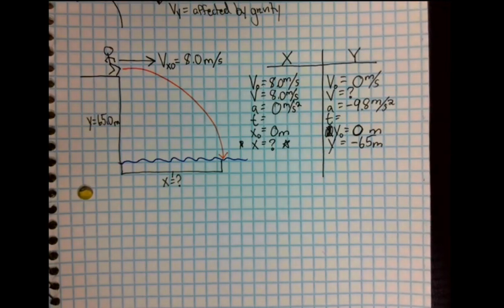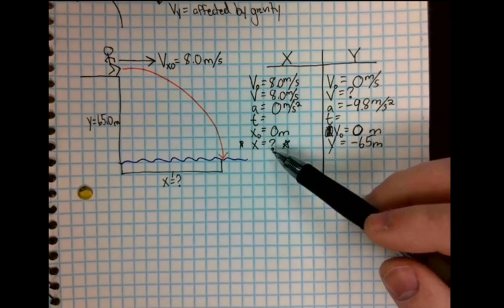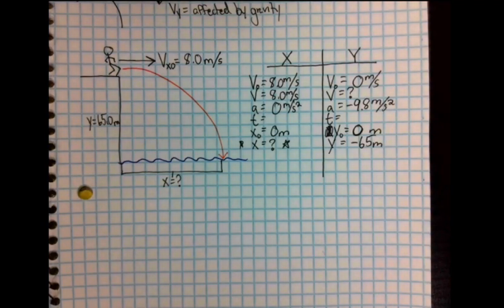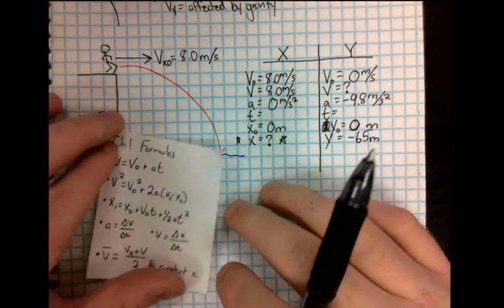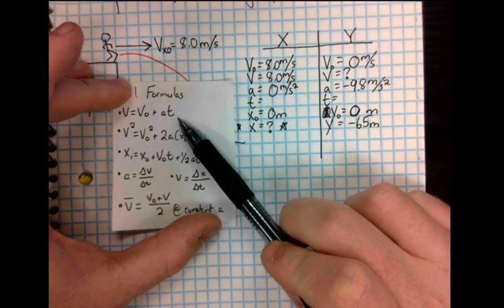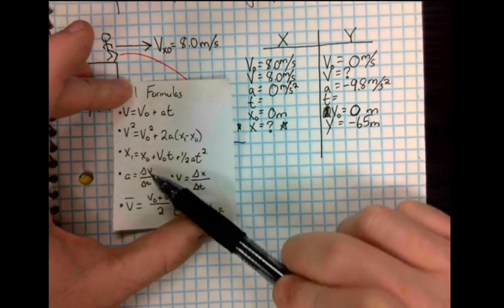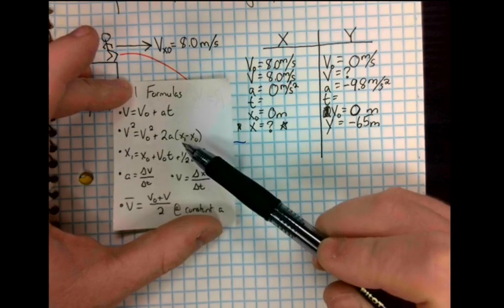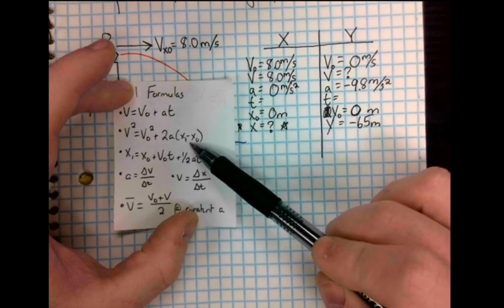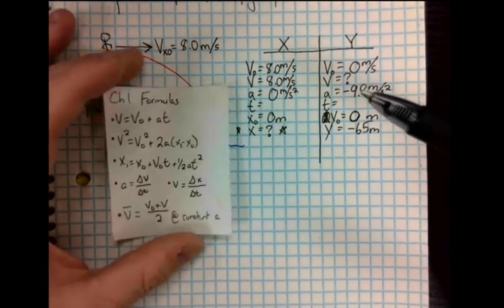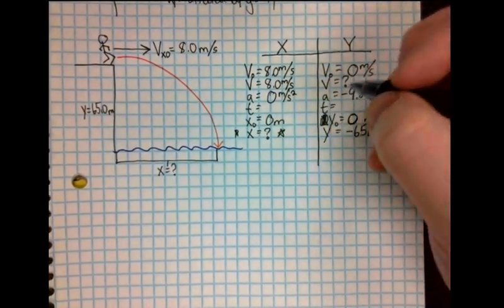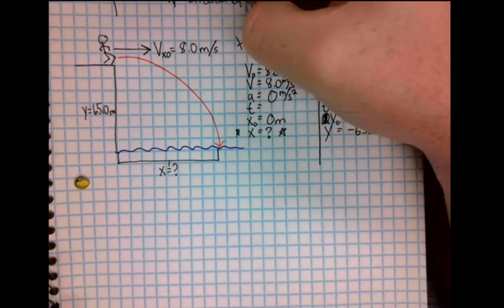So looking at this information, there's a glaring problem you're going to notice in the x direction: all of the equations we had last chapter, which I'll pull up, and these all hold true, all require something that we don't have. We either need time, this one needs time, this one needs time, this one needs time, or we need to know our x distance. This one doesn't involve time, but we need to know our x. So we actually can't do anything in our x direction, but we can solve for t, because remember, time is going to link